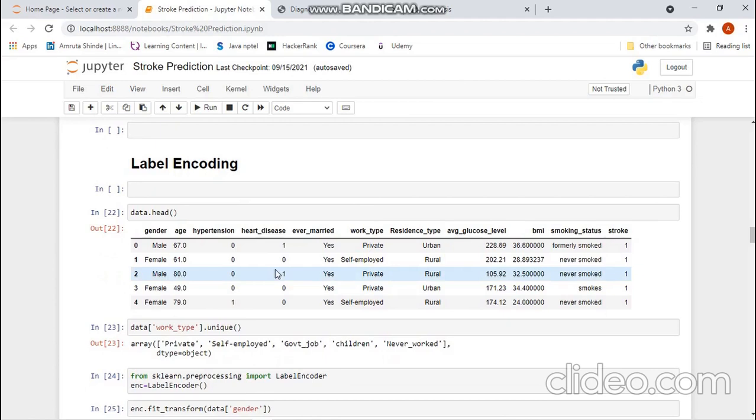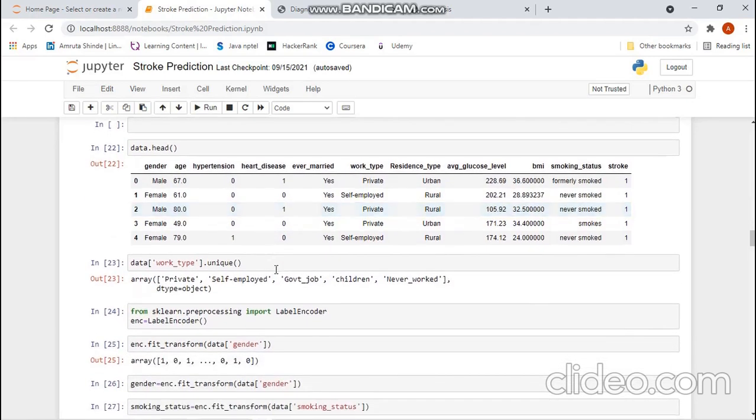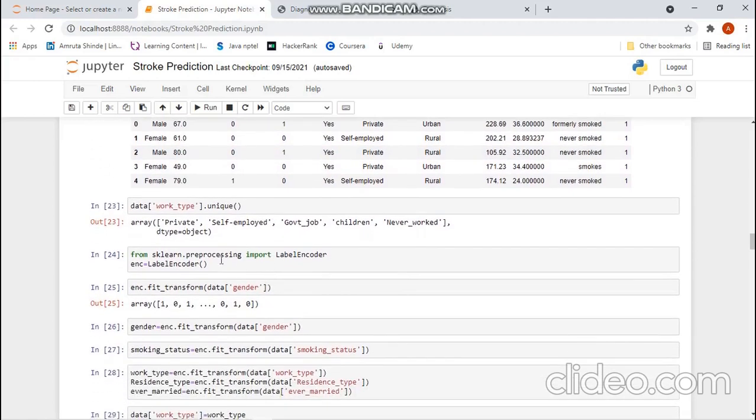So we will have to encode them into numbers using label encoding. So here all the work types are being displayed, that is private, self-employed, etc. So in preprocessing, we have LabelEncoder. So I have imported it, and then I have defined the label encoder into this enc variable.